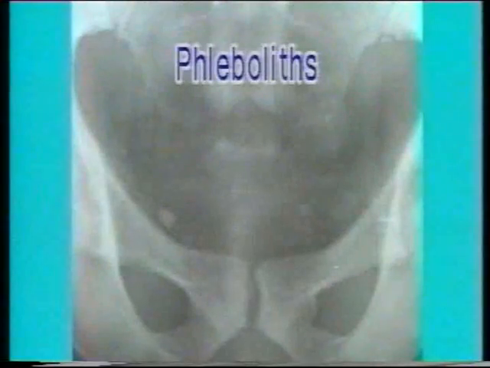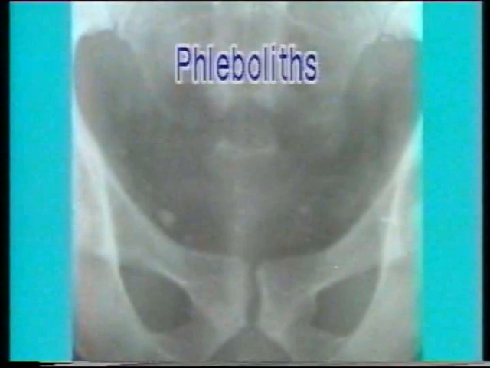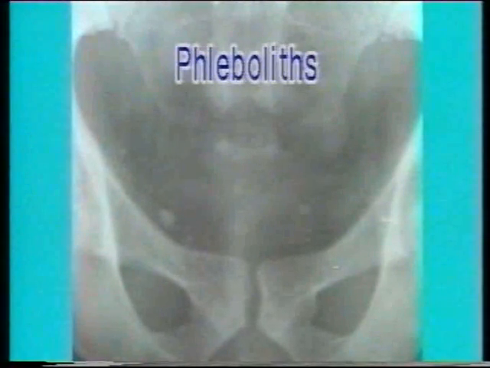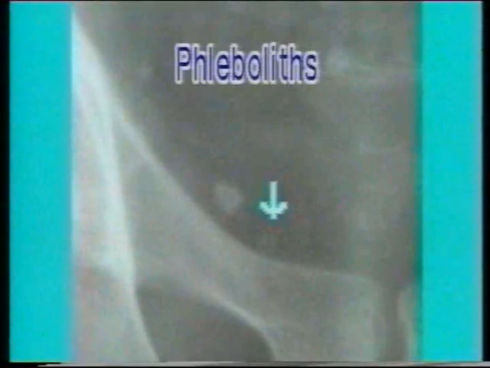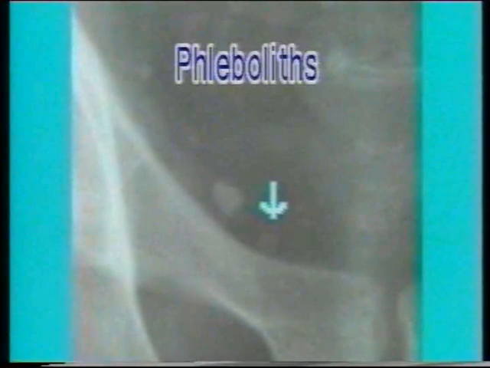A very common radio-opacity in the pelvis is phleboliths. Phleboliths are calcifications in thrombosed pelvic veins. They are rounded opacities, and if the vein is recanalized, there may be a central radiolucency. When the shadow is a perfect round, it is more likely to be a phlebolith than a ureteric stone, which is usually vertically oblong. Also, if the shadow is below the level of the ischial spine, it is more likely to be a phlebolith.